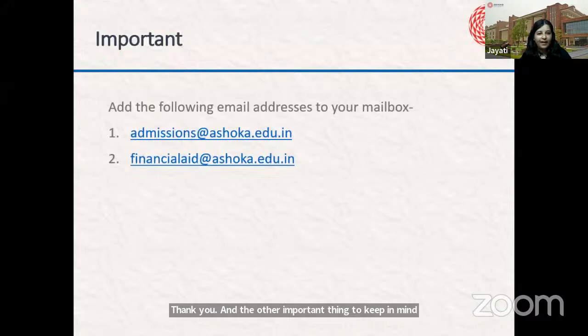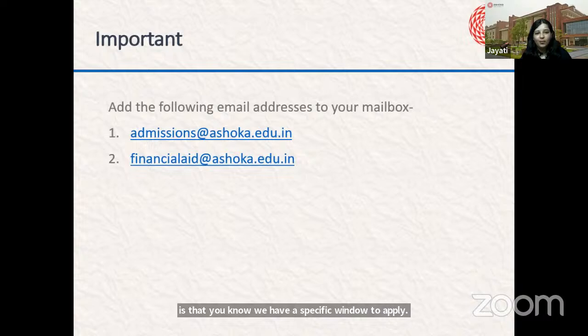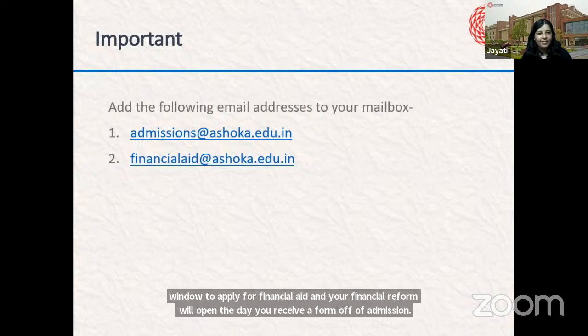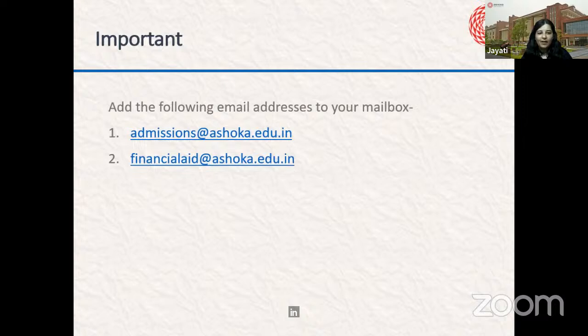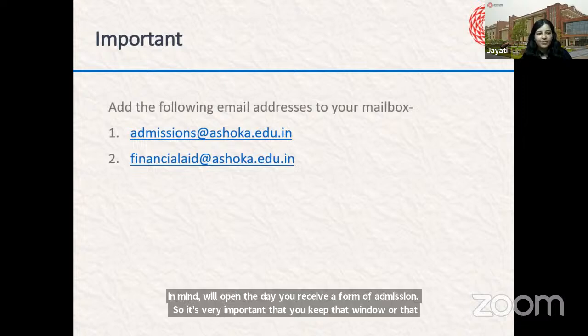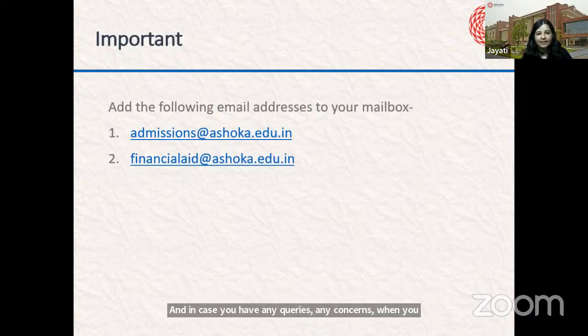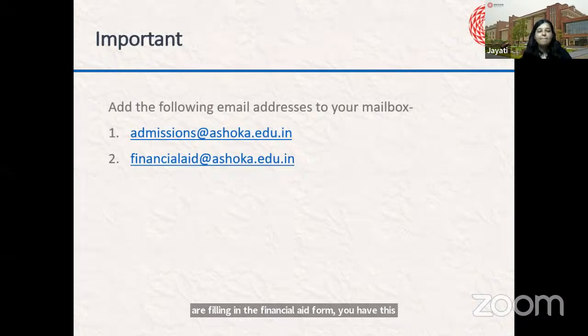The other important thing to keep in mind is that we have a specific window to apply for financial aid, and your financial aid form will open the day you receive a formal offer of admission. So it's very important that you keep that timeline in mind. And in case you have any queries or concerns when you are filling in the financial aid form, you have this email ID, which is shown over here,